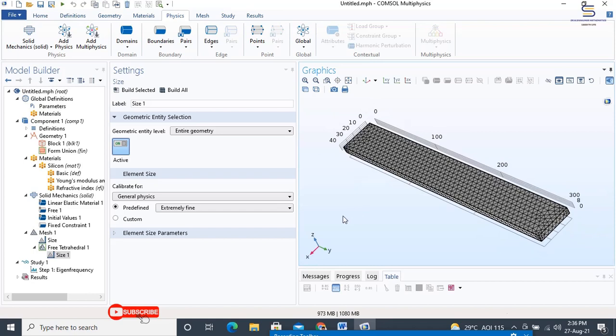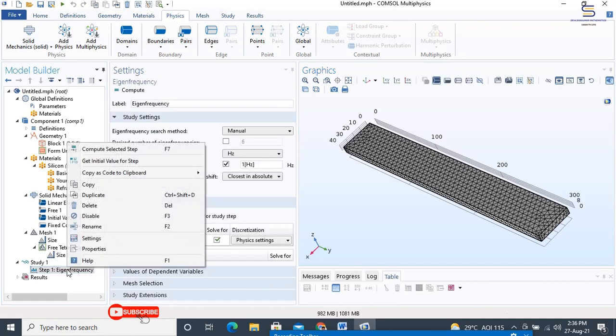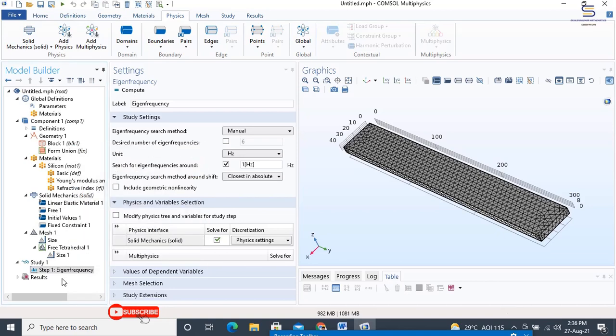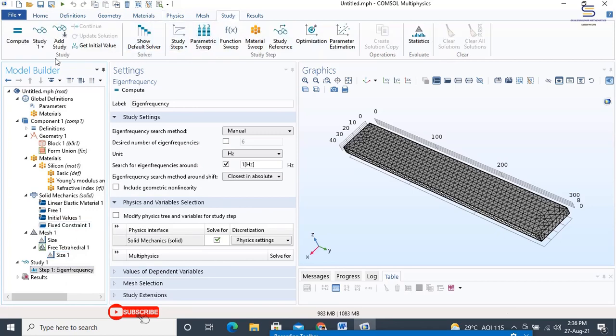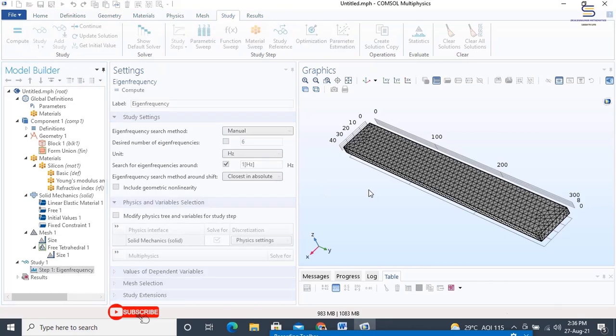Following which, go to the eigenfrequency study, then right click on study and then click compute. Instead, you can even go into study and then click on compute, which is a better option for most cases from the computational point of view.